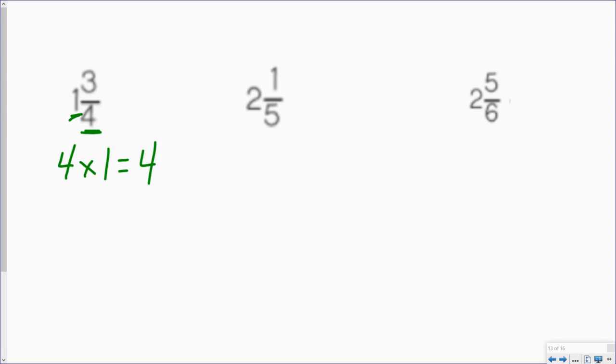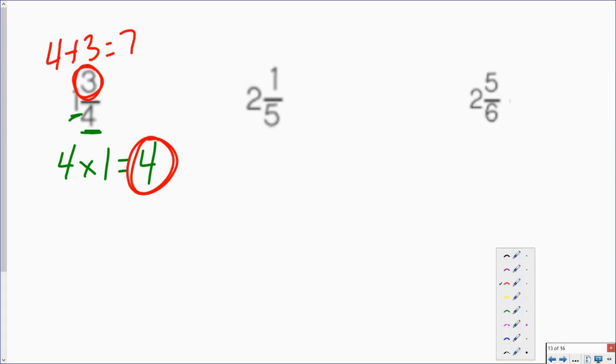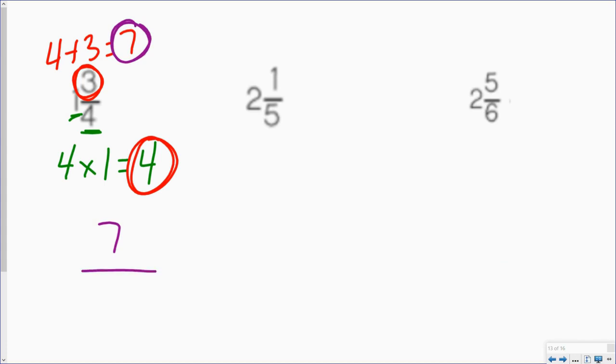Then I am going to add that 4 that I just got to this 3 right here. 4 plus 3 is going to give me 7. And then my last step is to take this 7 right here and make it my new numerator, and this 4 is going to stay my denominator. So my improper fraction would be